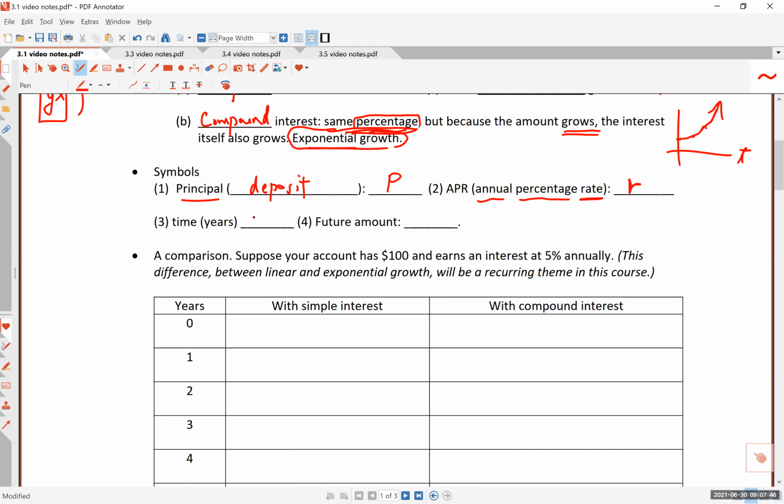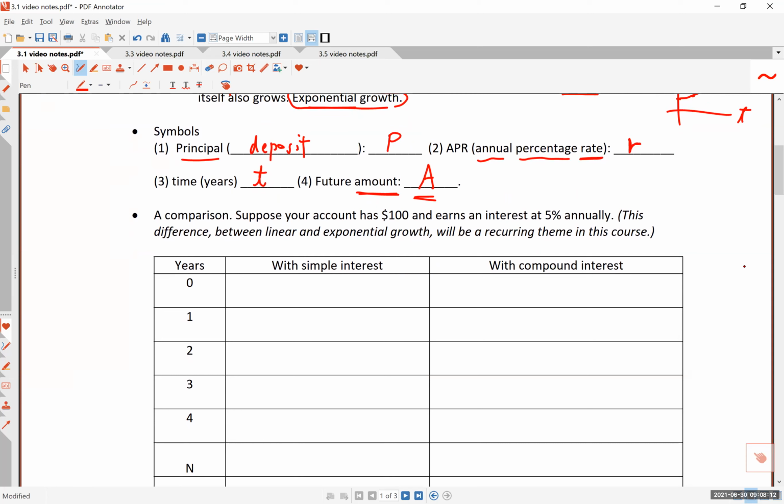Time, how much time is the money going to be left in a bank account? That time would be denoted with T. We used to call this capital N in the old version. Now we use T for the number of years, okay? And then the future amount is called A, again, A standing for the word amount. And so this is what we will be looking for in most of our exercises, all right? A, what is the future amount? If you deposit the money, the P number of dollars at the annual percentage rate of R for time T